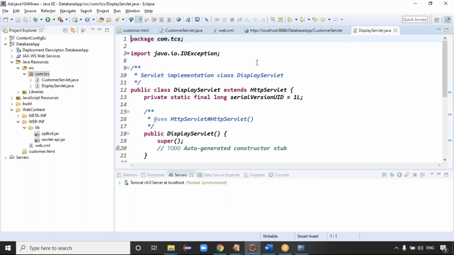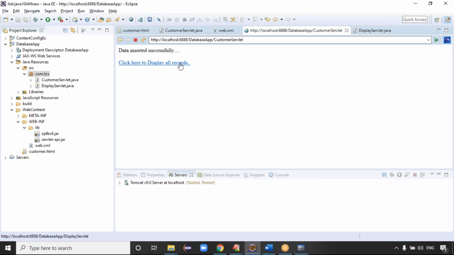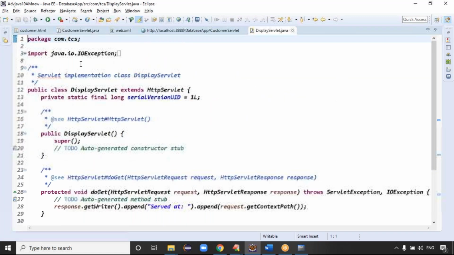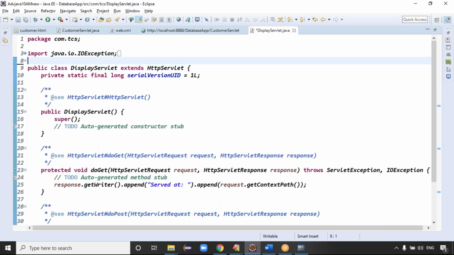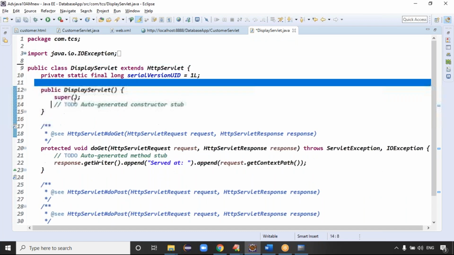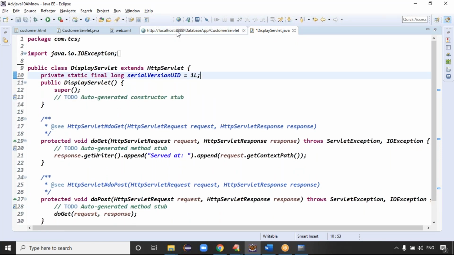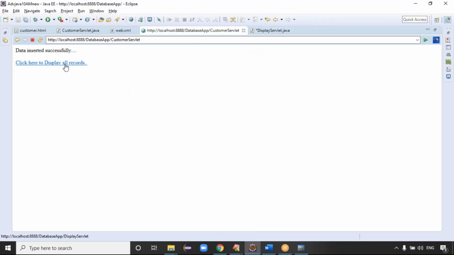When I click this hyperlink, which request is generated? A hyperlink request is a GET request. We created the hyperlink, click here to display all records.